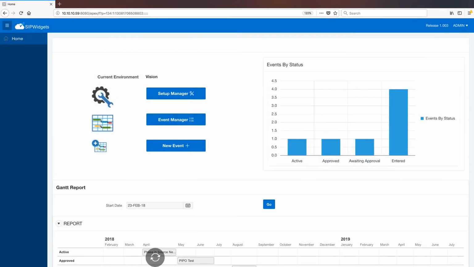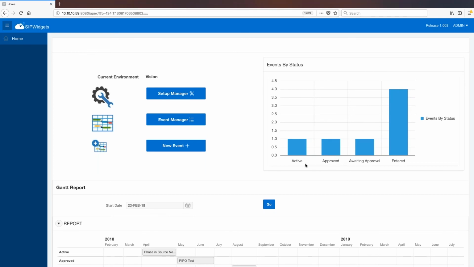On the landing page, it provides one location for reviewing high-level metrics around NPI and related data. It also provides quick information for various event statuses as well. The event status graph on the right provides the overall numbers of various events in different statuses. A quick overview of the status types here.